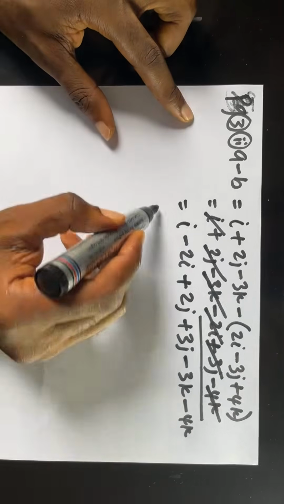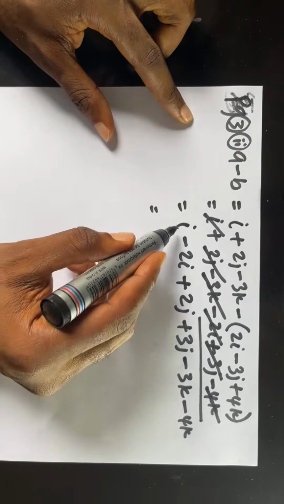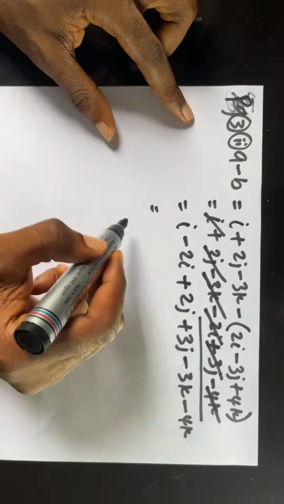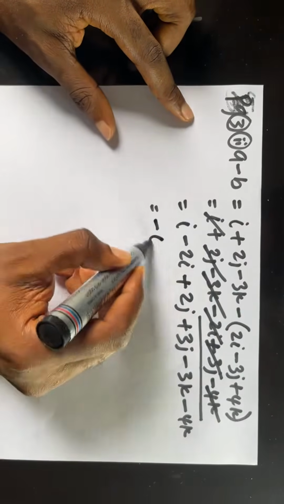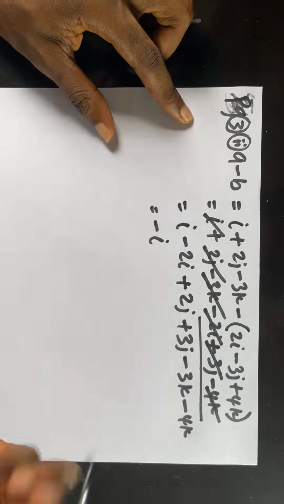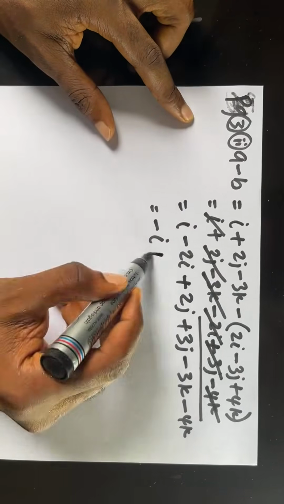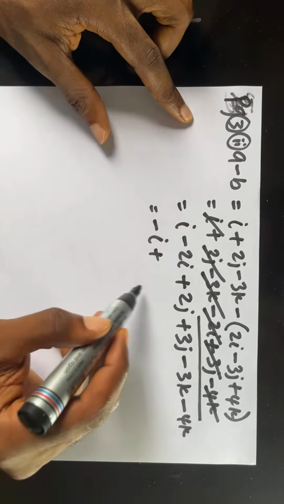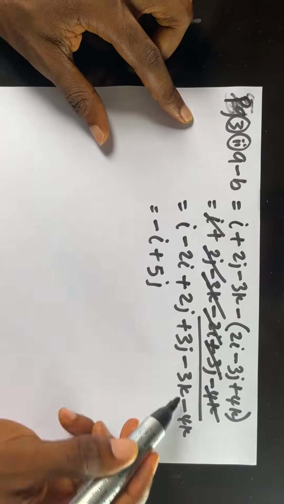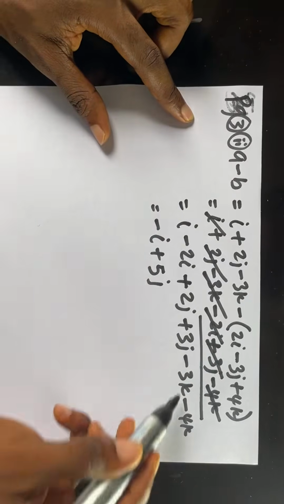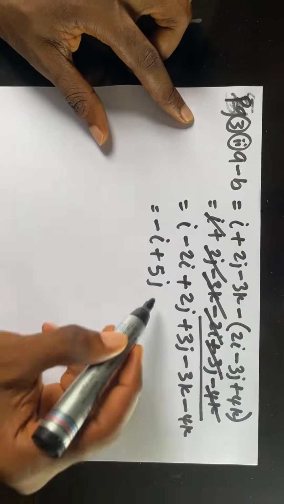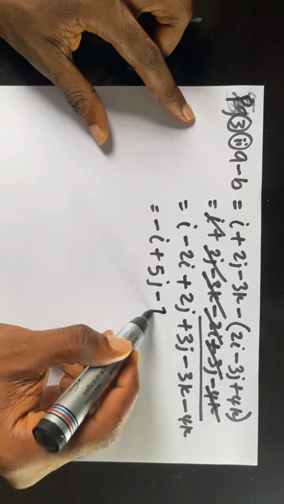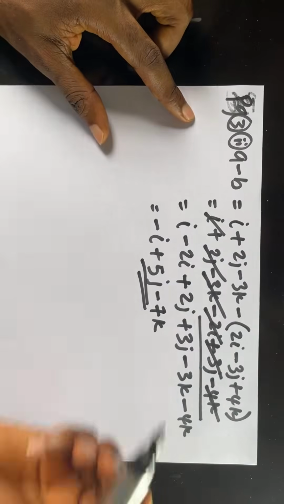So therefore, this will be equal to what? I minus 2I. This will be minus I as 1 minus 2. So we say plus 2 plus 3. We have 5J. We have minus 3 minus 4. You add both and maintain the negative sign. So this will be minus what? 7K. So this will be our final